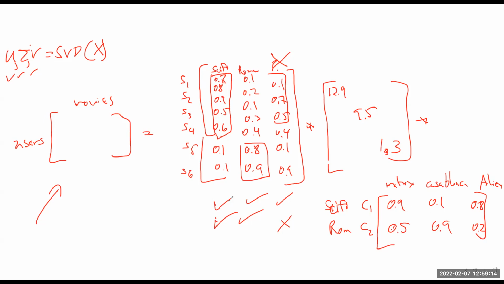Again, I repeat, it's not going to tell you sci-fi, but when you actually look at it, you'll be able to say, oh, it's sci-fi, or even more importantly, a category you've never identified, like rom-com. Maybe that didn't exist before, right? Maybe there was romance and comedy, and then over time, they were getting this column that was pretty strange. What is this thing that they seem to like? And then it turned out, well, it's somewhere in between rom and com, and they came up with the name rom-com. I wouldn't be surprised if that's how they did it, or some marketing person. But anyway, that's kind of how it works.